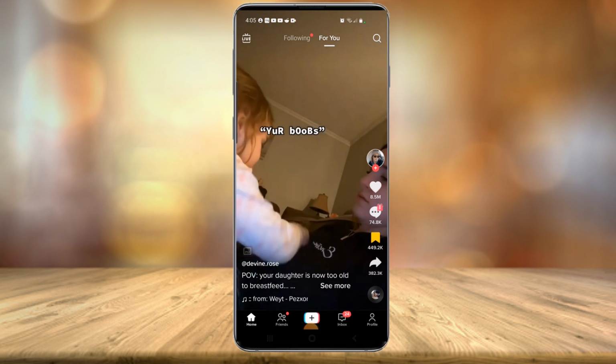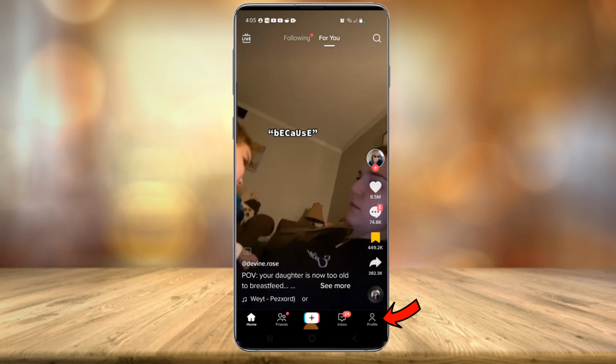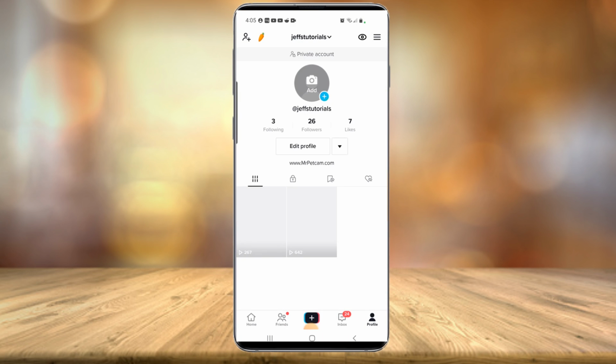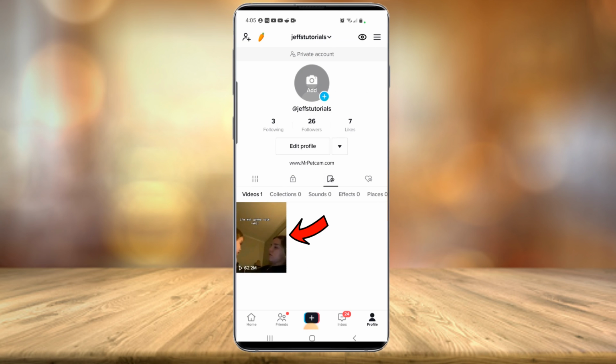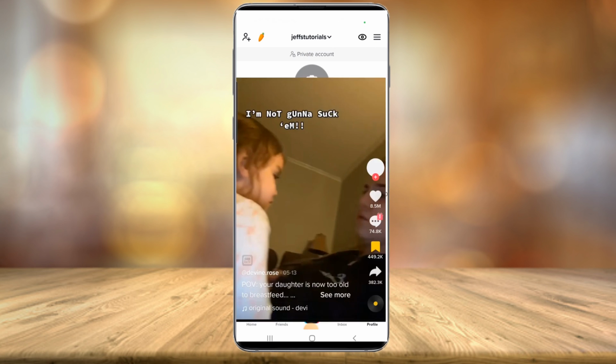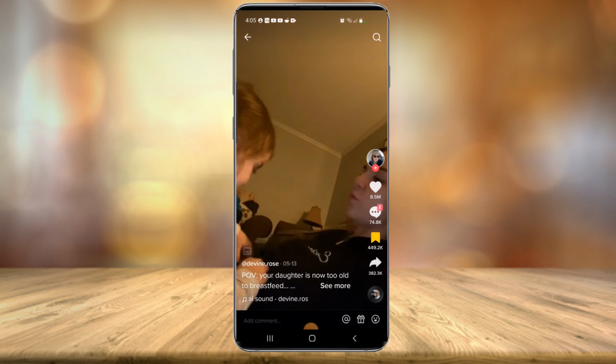Now on the bottom right, you're going to want to select your profile icon. Once that opens up here, you'll see there's four options here, a little padlock, and then the bookmark tab. So select a bookmark tab. And as you can see, here is the video. If we click it, it'll open up the video that we bookmarked and